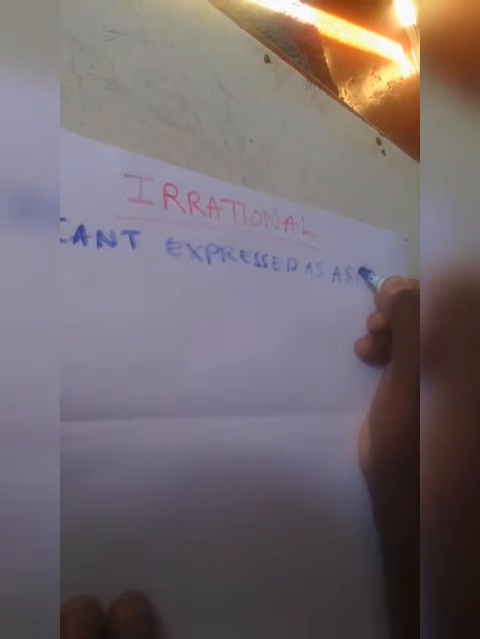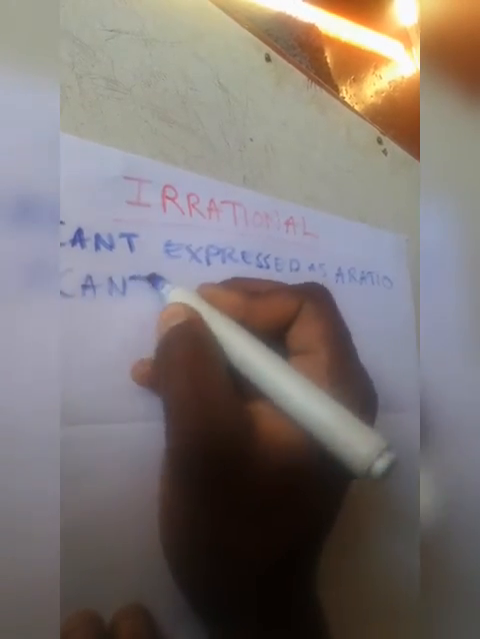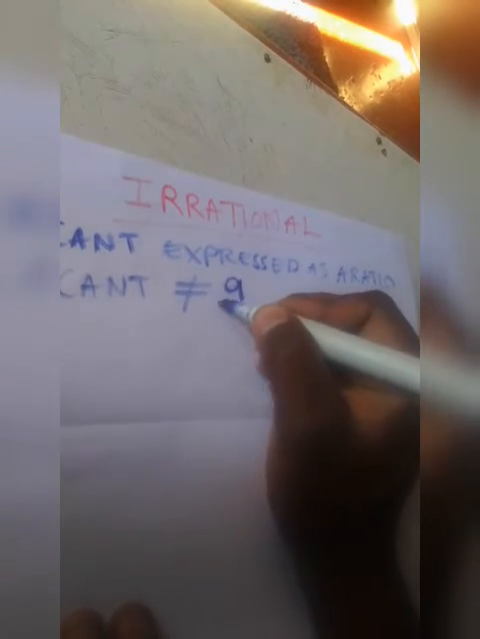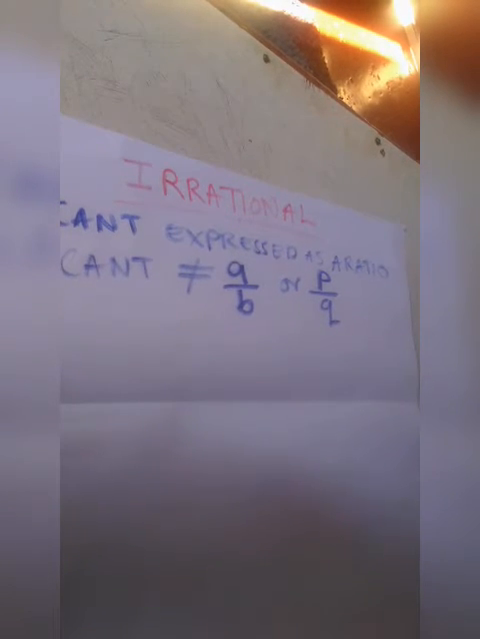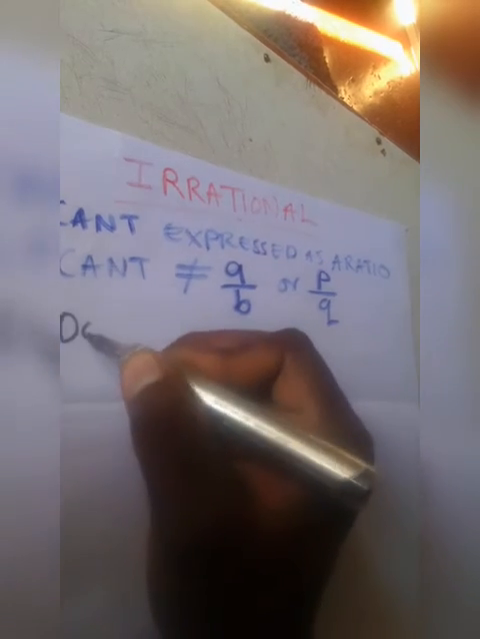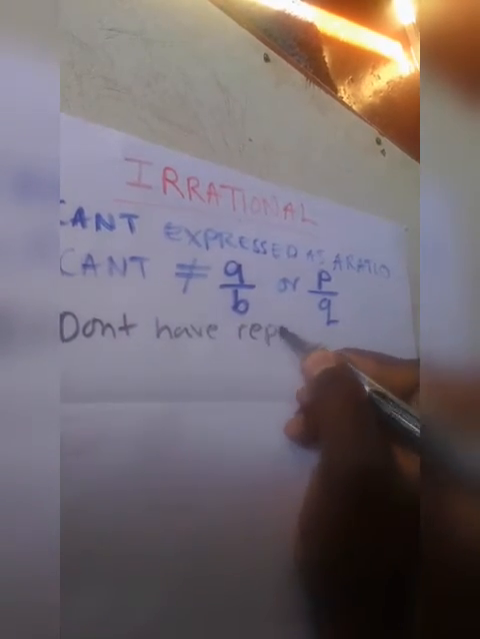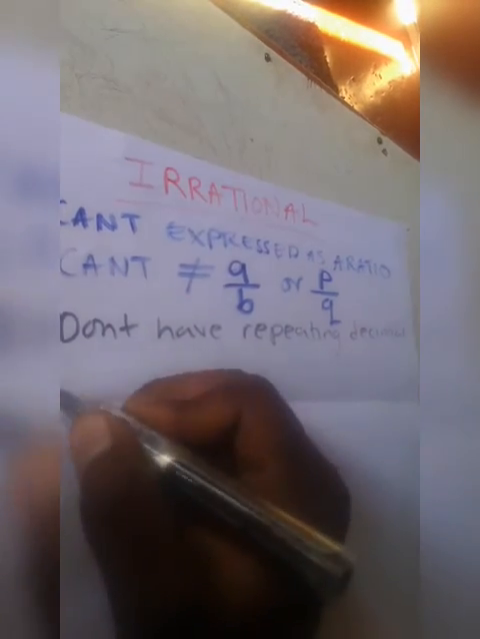Irrational numbers cannot be expressed as a ratio. You can't express them in this form, A over B or P over Q. At the same time, these numbers don't have repeating decimals, and they have got non-terminating